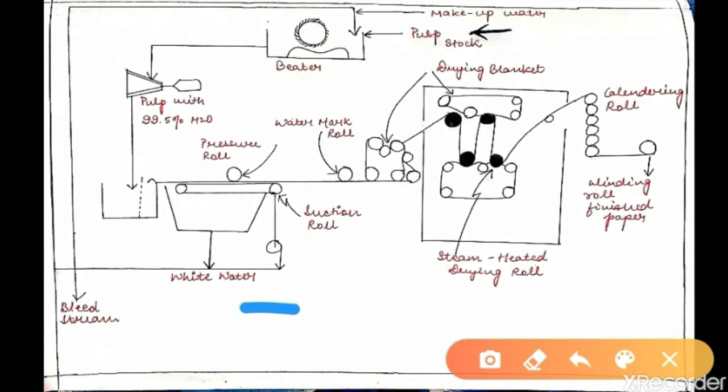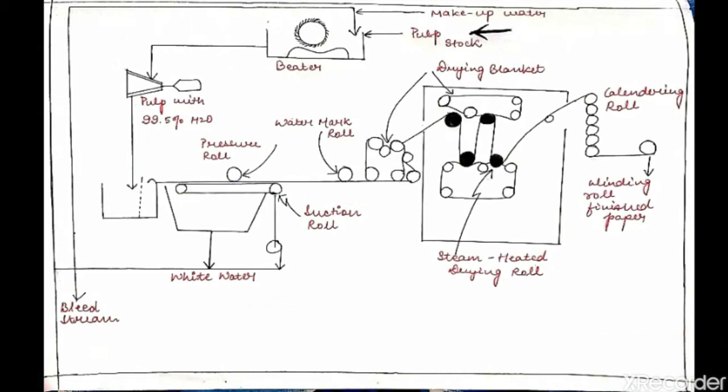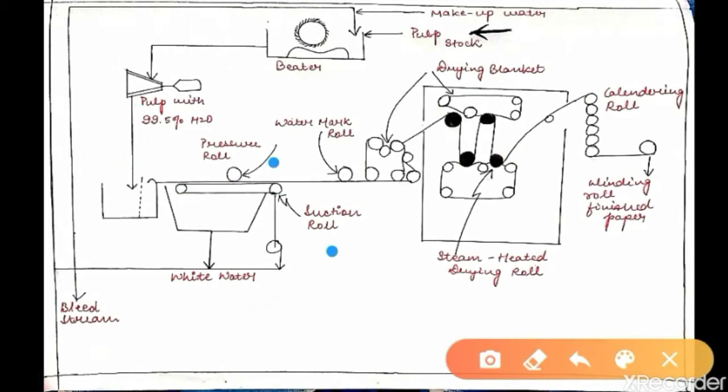Okay, the pulp fibers are arranged into the web, water is drained out by gravity, you can see, and it is made to run on the conveyor belt. Okay, the pressure roll and the suction roll are squeezing the water out of it, and that is known as white water, and this white water is sent for recycling.